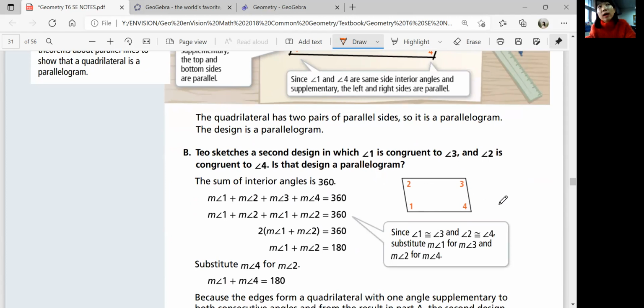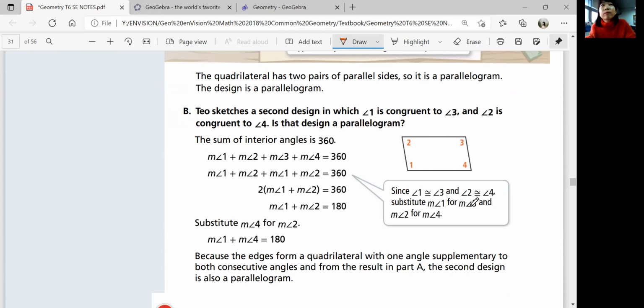Part B, Teo sketches a second design in which 1 is congruent to 3 and 2 is congruent to 4. Is this a parallelogram? The sum of interior angles must be 360 for quadrilaterals. And so if you add all of them to get 360, and you know that 1 and 3 are congruent, 2 and 4 are congruent, you can use algebra to figure out that